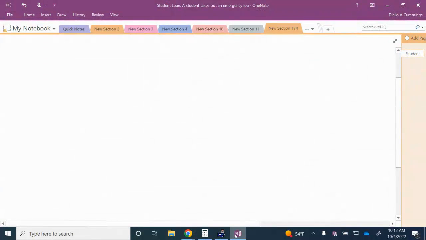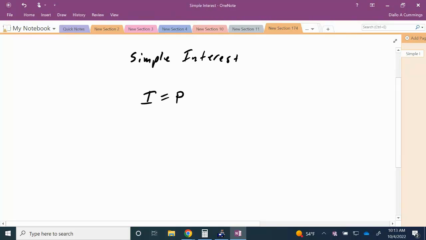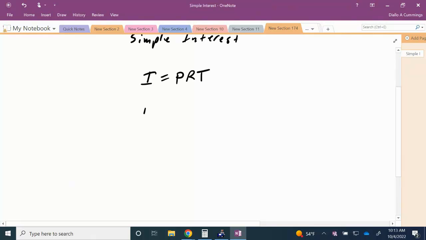In this session, we'll be taking a look at simple interest, and the simple interest formula is I is equal to P times R times T, where I is the interest, P is the principal,